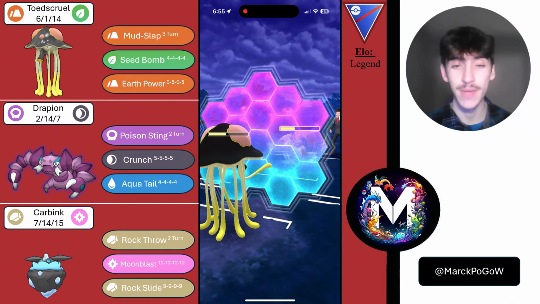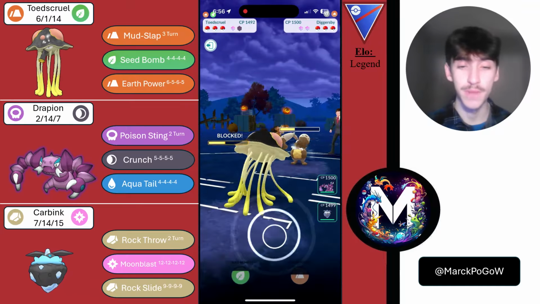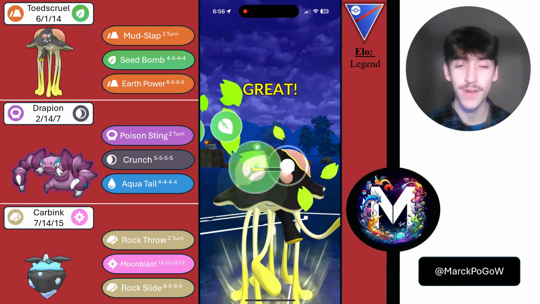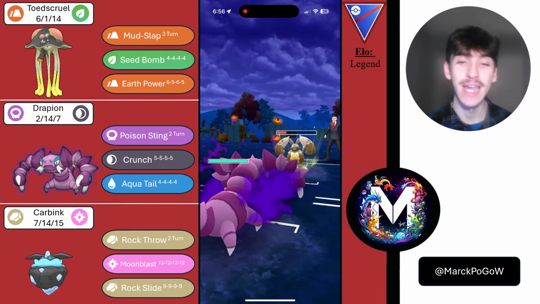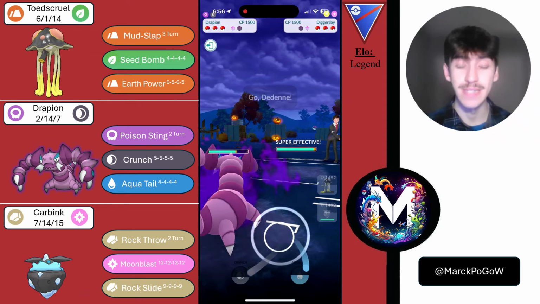They are going to make it to a second fire punch before I make it to a second seed bomb. I am going to put up the shield and then look to connect with a seed bomb of my own, overfarming as much as possible. Seed bomb from this range should be enough to knock out the Diggersby unless they commit a shield. So what I'm going to do is wait the turn and then go for the catch on a Drapion, and by getting that catch, I also sneak a Poison Sting, which is huge,